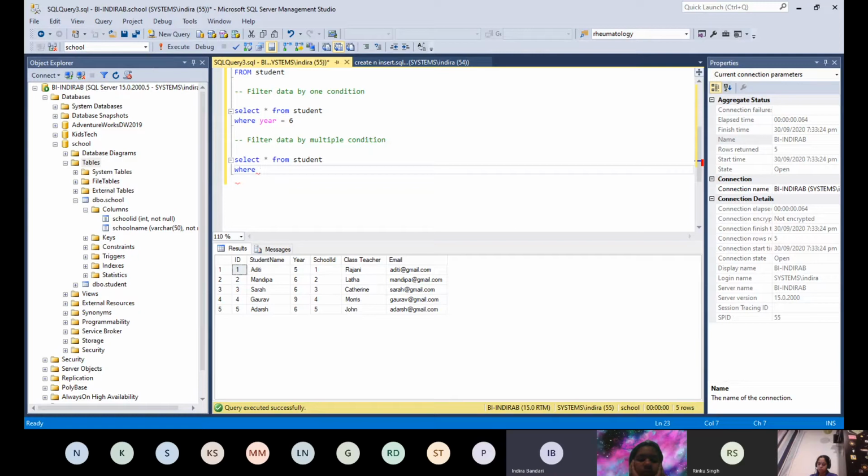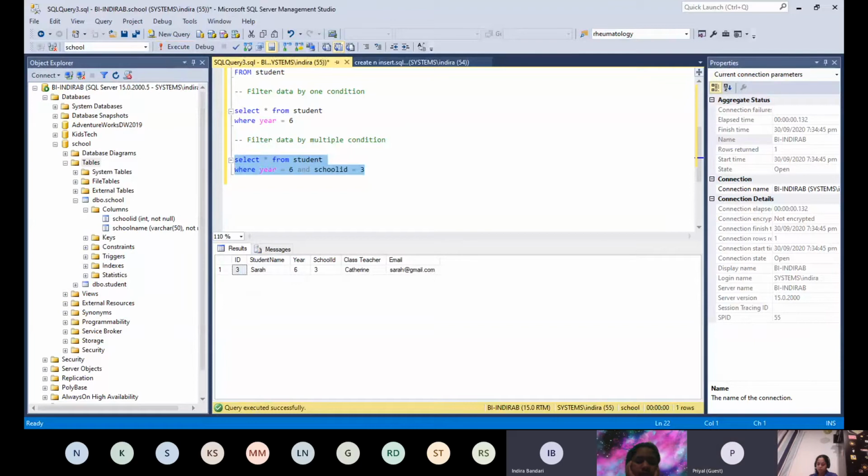Where year equals 6 and school ID equals 3. If I run this one, how many records are we going to get? 1. And which is the record? It is of Sarah. Yes, very good. So that's how you can use multiple conditions.